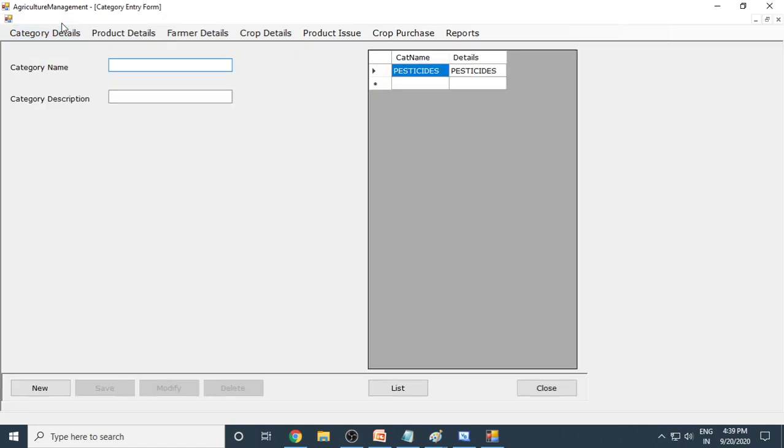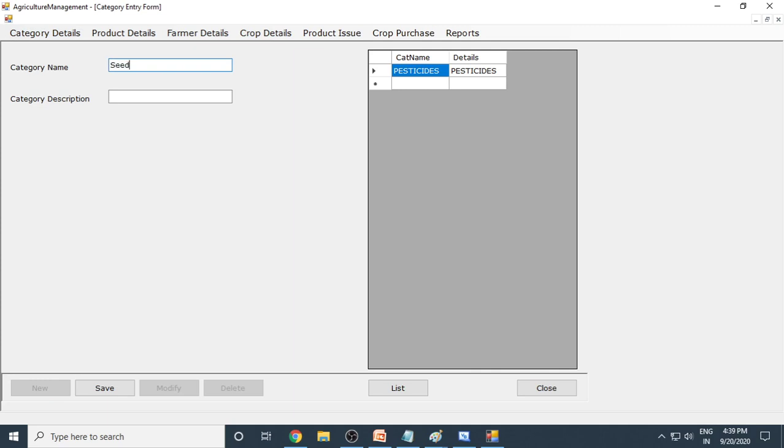Now it logs in and you are in the main menu and this is the MDI form. Now you can see that the total form is empty, but we provide a menu with options here. Therefore you can click on any of the menu items, and the corresponding form will be opened. So here is the product category. What are the different categories will be there that we can enter. Right. So let's say final product.